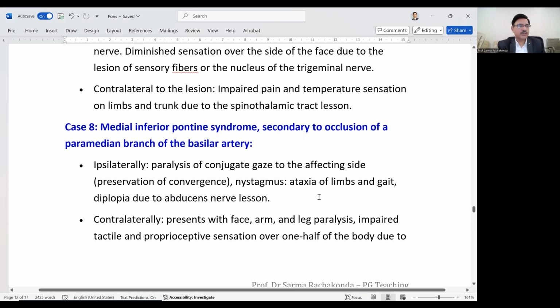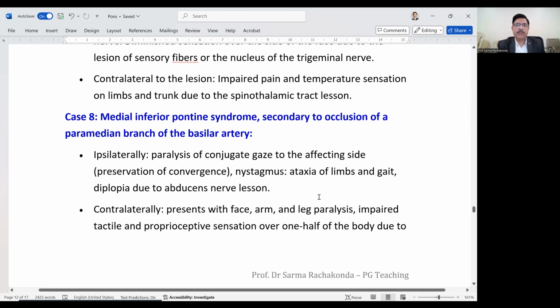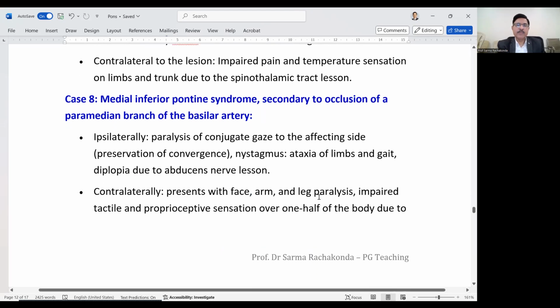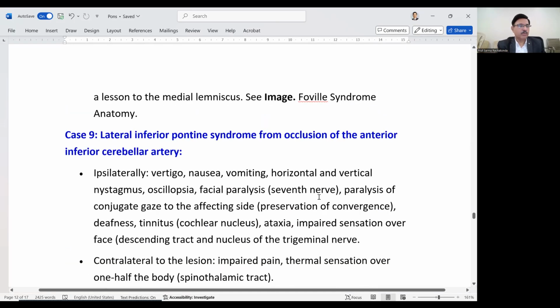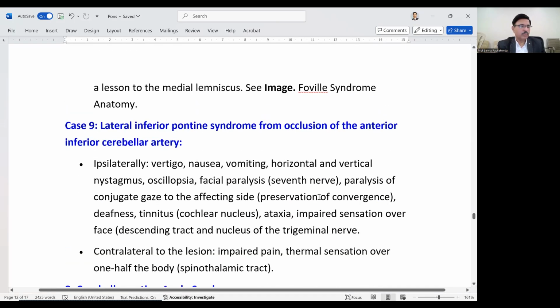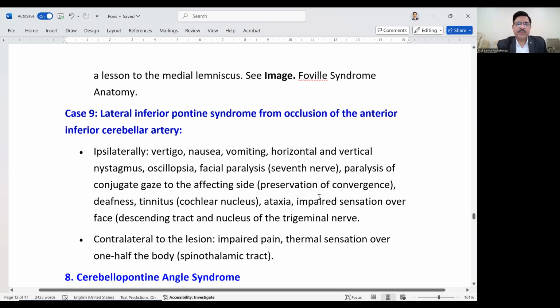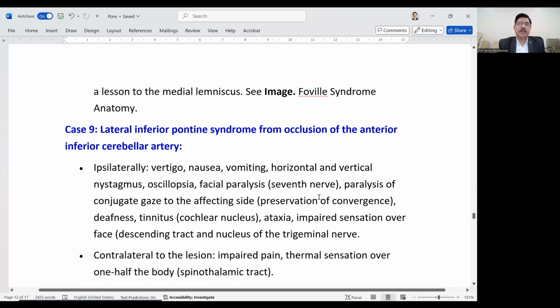Medial inferior pontine syndrome, secondary to the occlusion of the paramedian branch of the basilar artery: ipsilaterally paralysis of the conjugate gaze and ataxia, nystagmus, contralaterally face, arm, and leg paralysis. So this completes almost all the pontine syndromes. You could have an essay question: give me a list of all the pontine syndromes, the 9 types of scenarios I have described. I am going to share this PDF with you